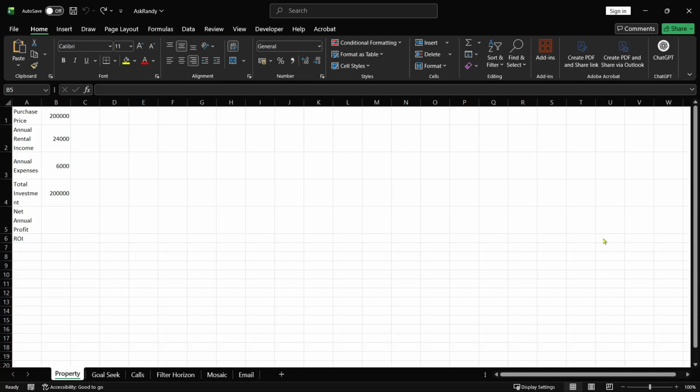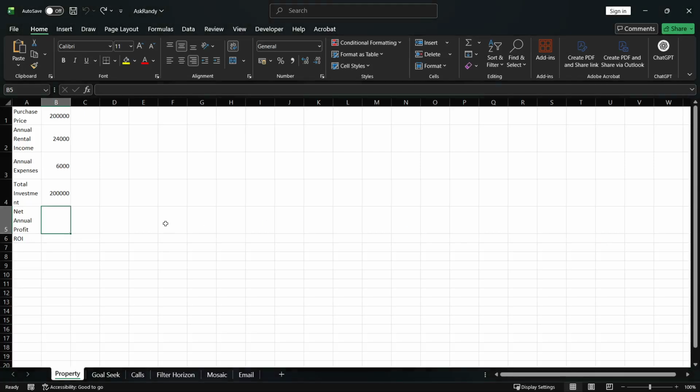In today's video, I'm going to teach you how to calculate returns on a rental property in Excel. We'll walk through a simple Excel setup that helps you calculate two important numbers for a rental property: your net annual profit and your return on investment, or ROI. This is a useful way to quickly evaluate whether a property is generating a strong return based on the money